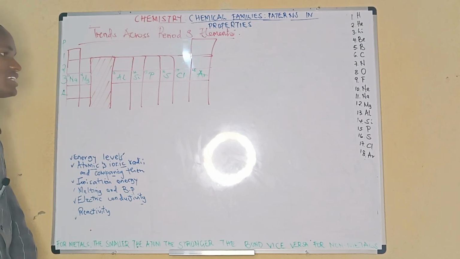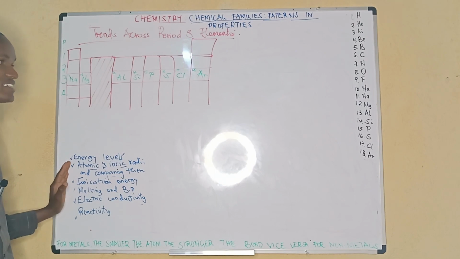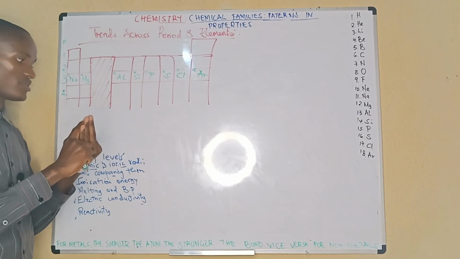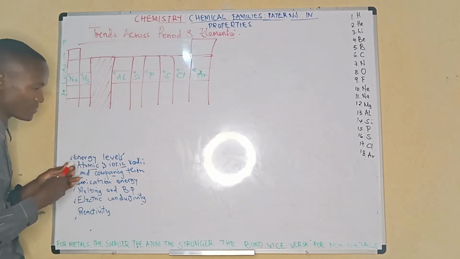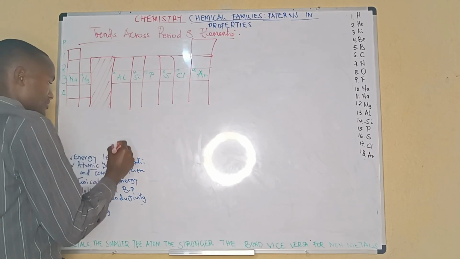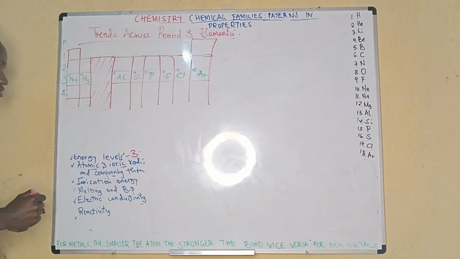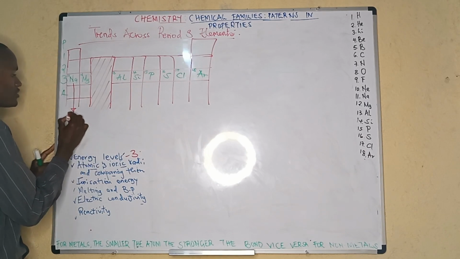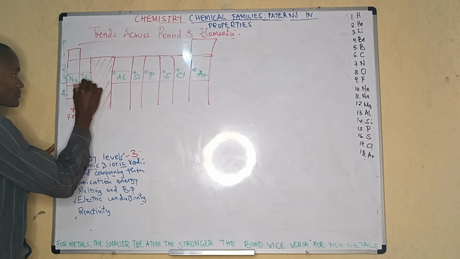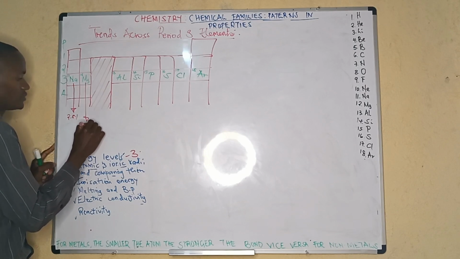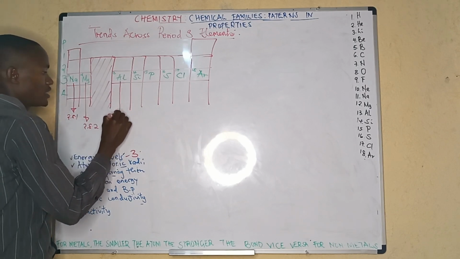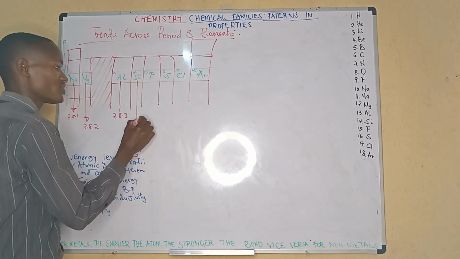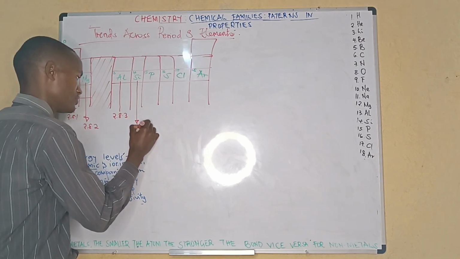Okay, good. We are up for the energy levels. You have just said that period 3 elements have 3 energy levels, so there's not much discussion here. All of them have 3 energy levels. Starting from sodium, let us write the configuration here since we'll be using it even later. Sodium is 2, 8, 1, magnesium 2, 8, 2, aluminium 2, 8, 3. Just an addition of 1 electron, 2, 8, 4,